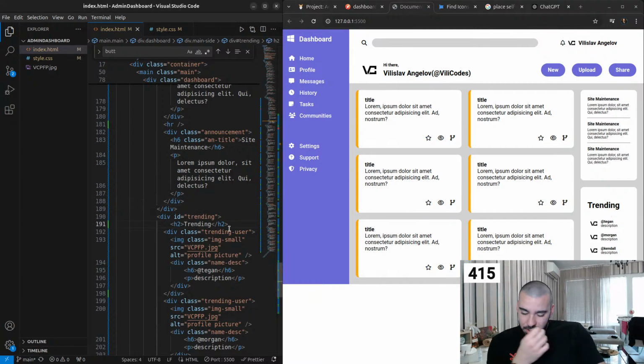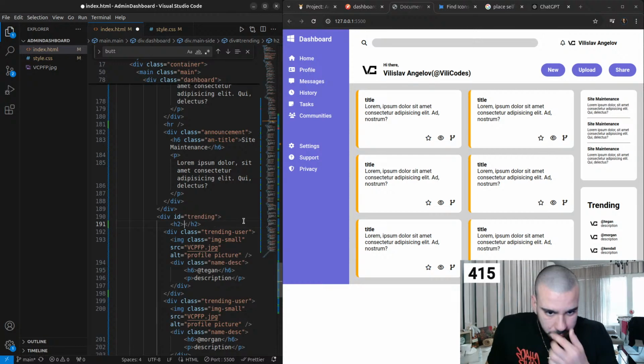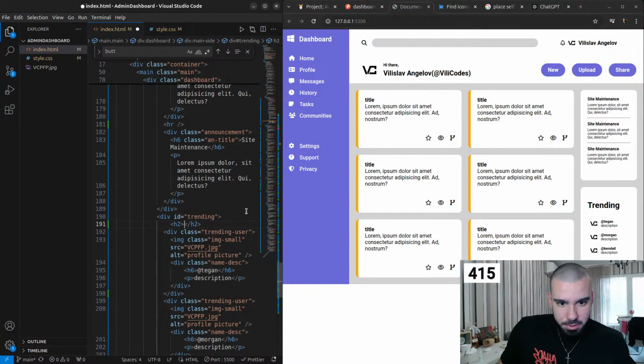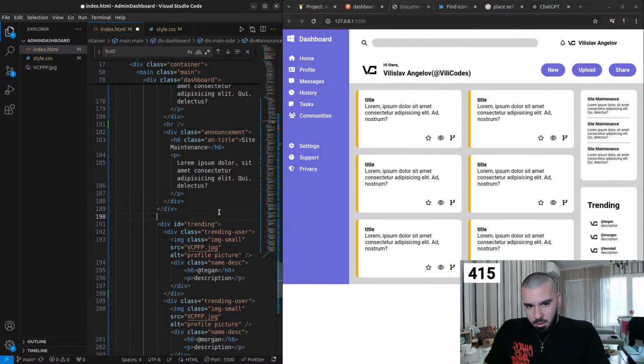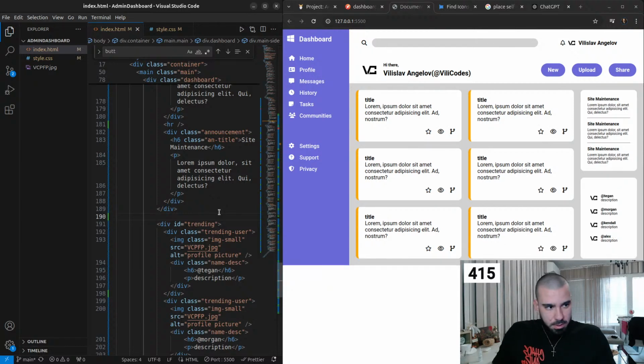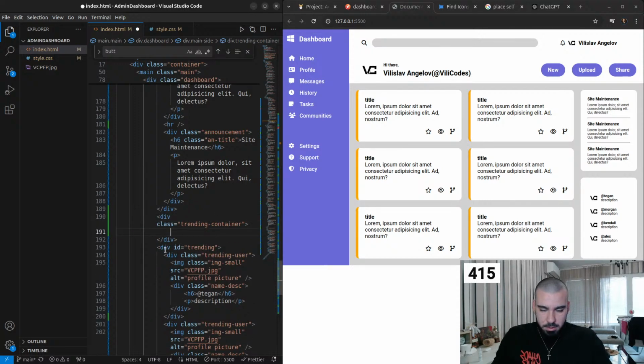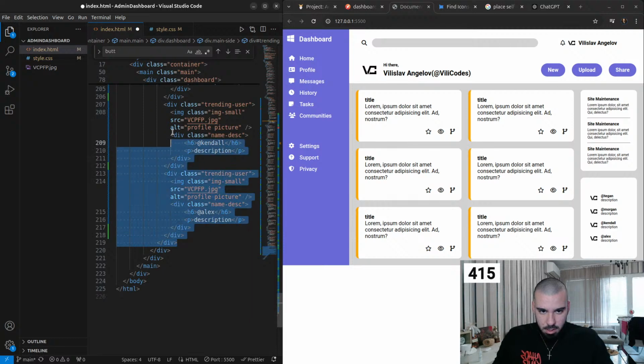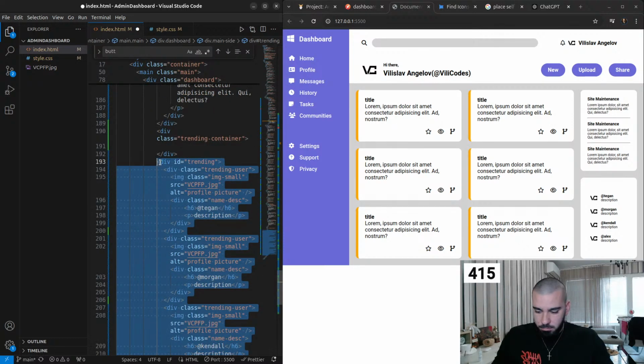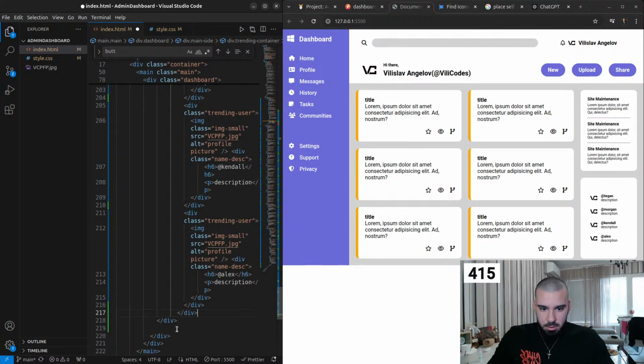Then I can add another wrapper, like a container for this. Or I'm kind of a dummy, I'll do it easier. So we have trending and we can leave everything inside as is, but we'll add another one which will be dot trending container, and inside of the trending container we'll add the whole trending section,